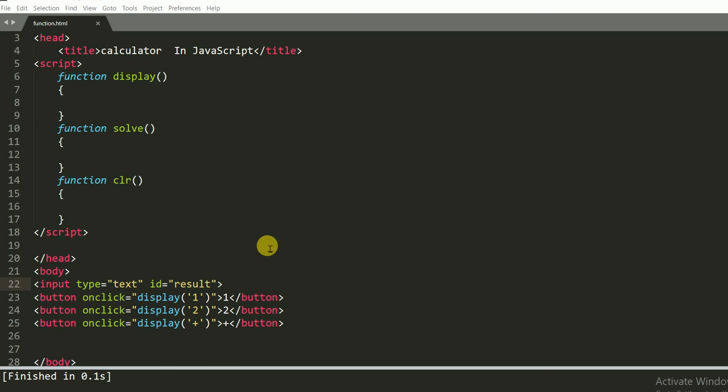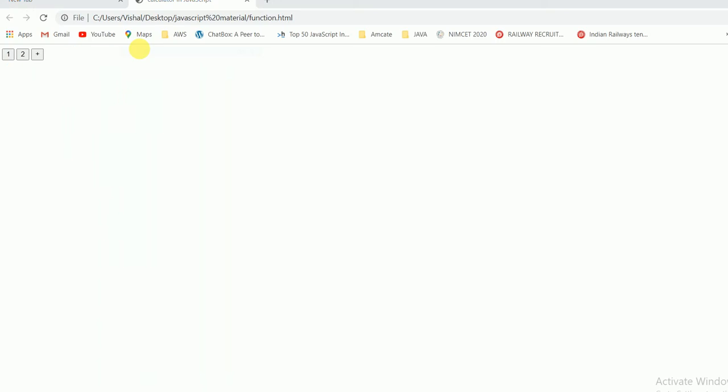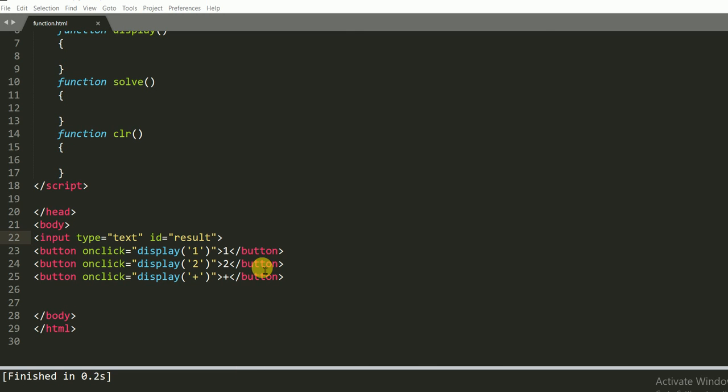Now we will see the output of this code. So we go to the text area. I entered 1 plus 2, but it is not showing anything on our screen. So now we are making a function to display.